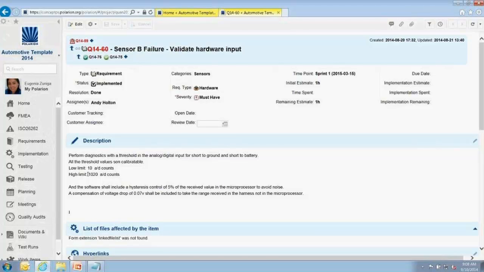So that is going to reduce a lot of your analysis, because you can use the DFMEA as a tool to generate your safety. Instead of having two different teams, one doing the DFMEA and another doing the hazard analysis, you can combine them and create right away the issues that are safety. A lot of documentation is reduced. So that is for safety.